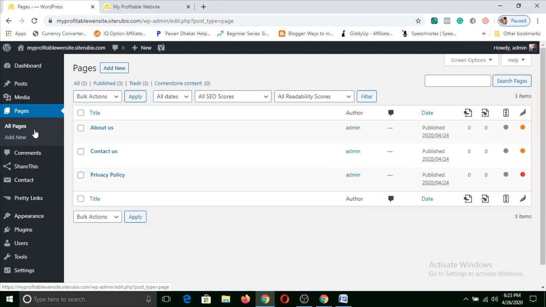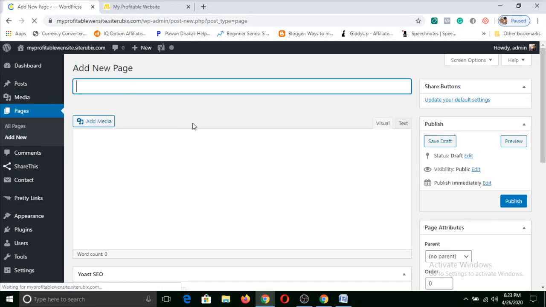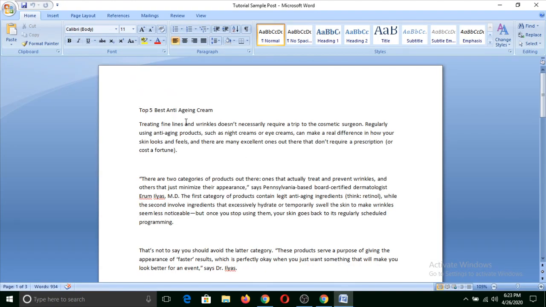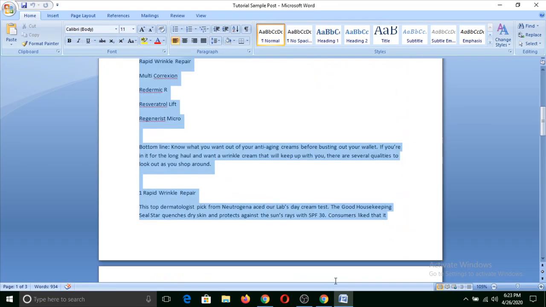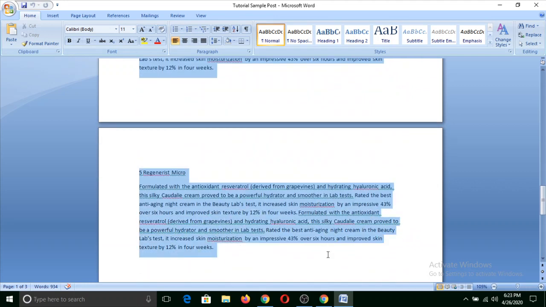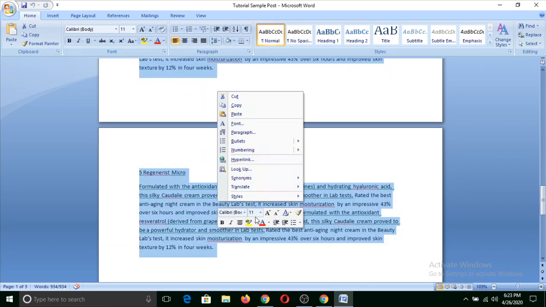Now we click on pages, then click on add new page, and we'll copy all of this article that we have received from the content writer.